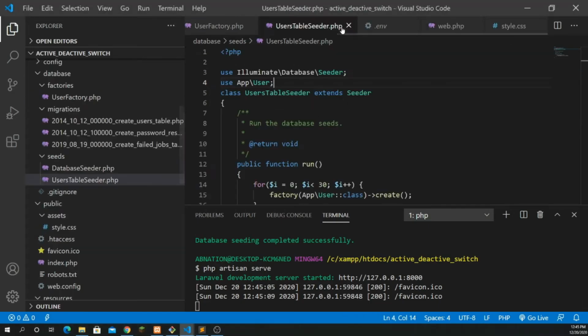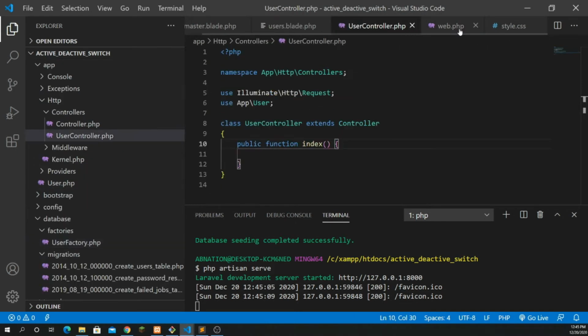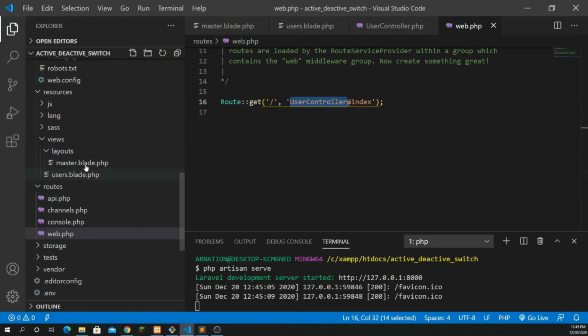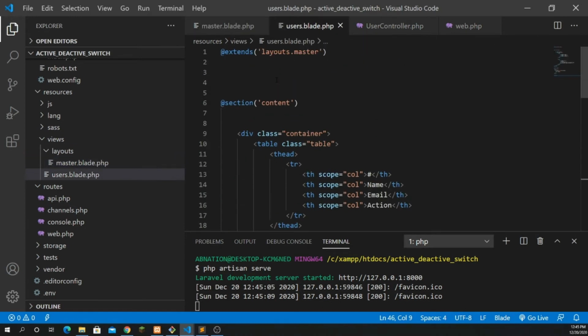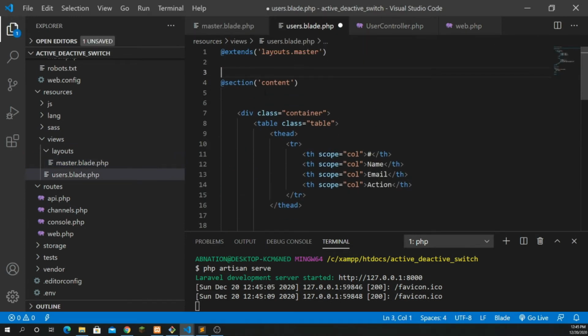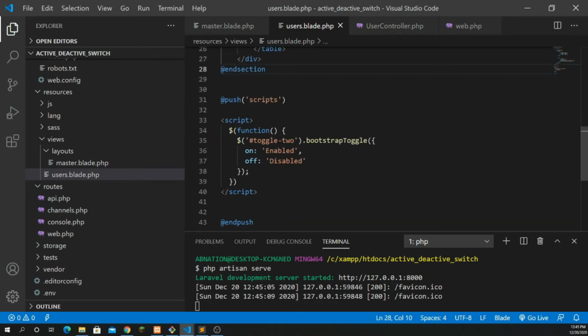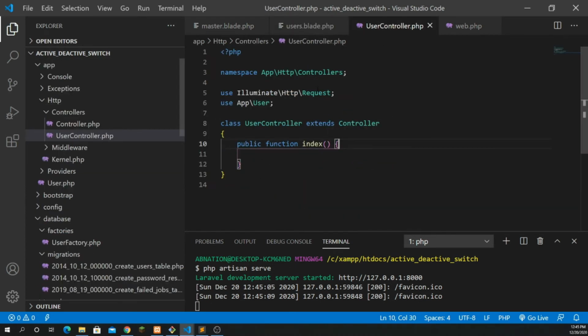Let's close everything from here, which we don't need now. So I don't need any user factory now, no more, and I don't need any style.css, at least for now. And let's go inside your master file, and we have yield the content, right? And now inside my users.blade.php, we extend the master, right, which is fine. We end the section, we define everything absolutely perfect, and yeah, we haven't returned any views,